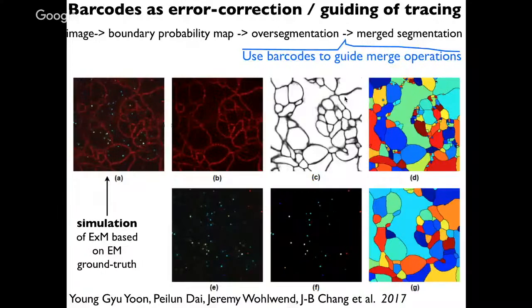Can you use that to synergistically reconstruct the full geometry of the circuit over longer distances than you can with electron microscopy, let's say, or purely with the morphological imaging,